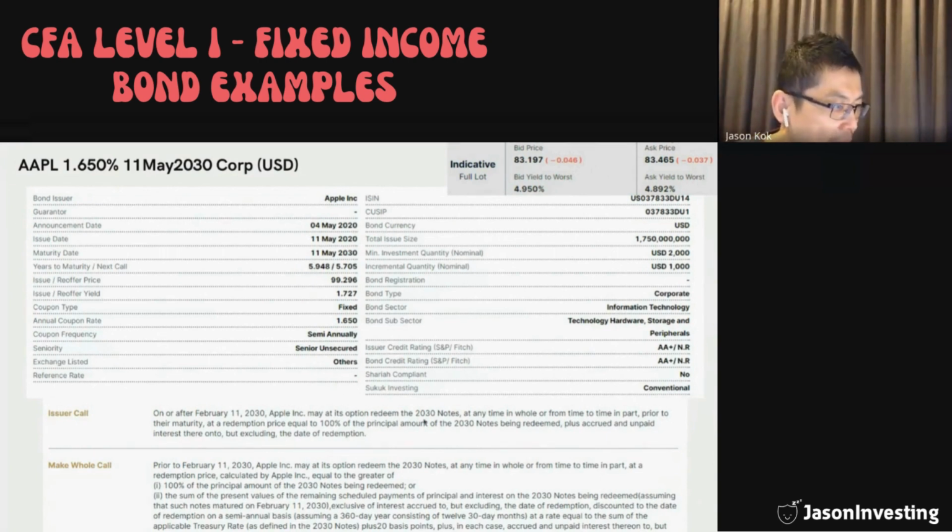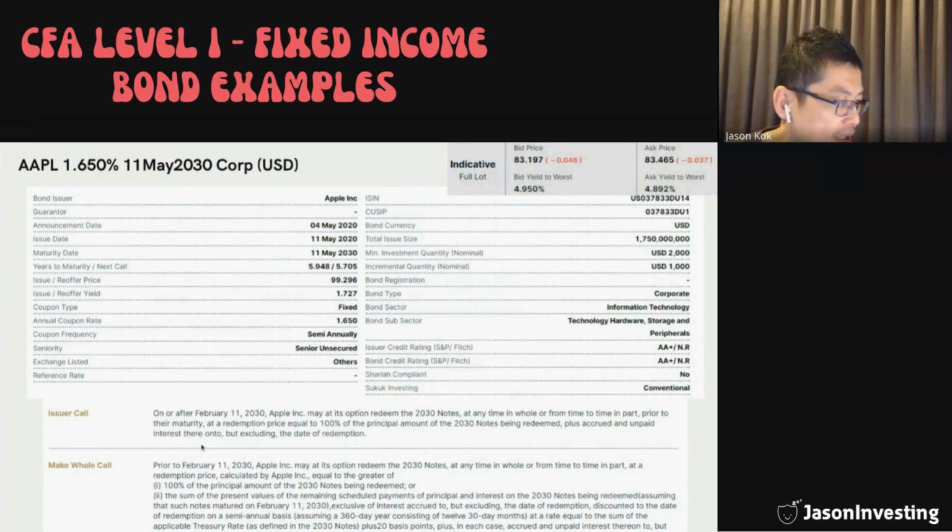Okay, before I move on to the next example, this is a callable bond. Do you remember last week we talked about callable bonds, the contingency provision? So this bond can be called. What this means is that 5.7 years after 2020, it may redeem these 2030 notes at any time in whole or from time to time in part prior to the maturity at a redemption price equal to 100% of the principal amount. So basically, they will just buy back at par value of the 2030 notes being redeemed,